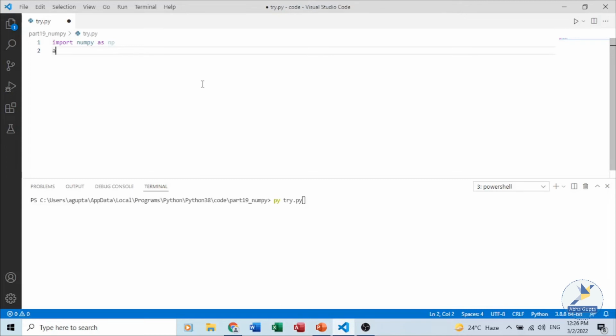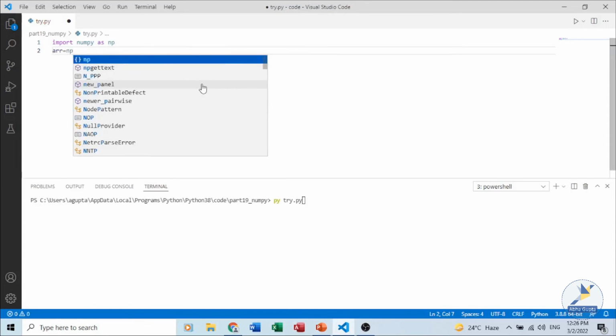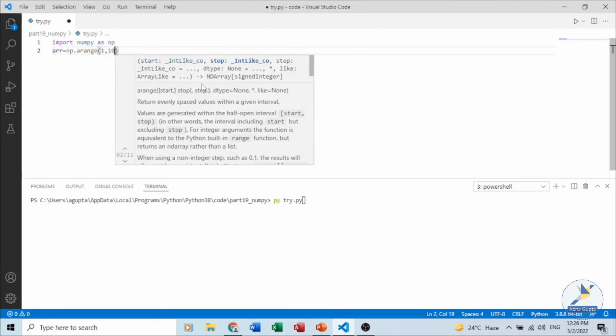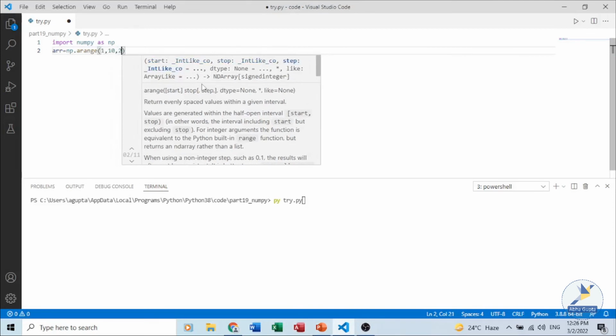For example, if I want to create an ndarray, I can write arange. It's similar to the range which we were using earlier. You have to give the start value, the stop value, and the step value. You can omit the step value also, and you can specify the data type also.